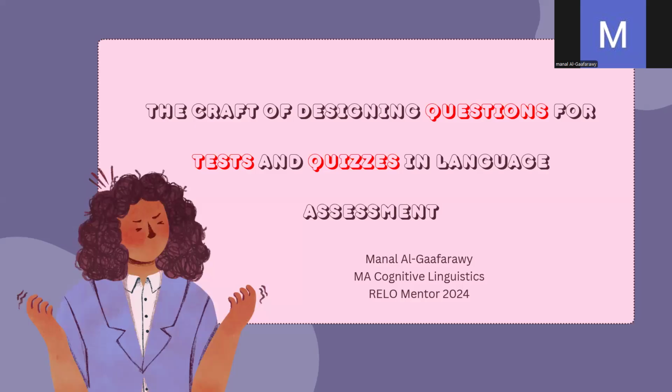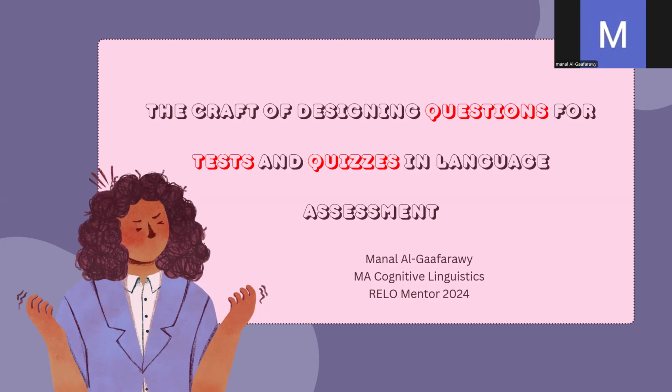Hello, teachers. You know that one of the challenging points that we all encounter in our everyday practices in teaching is designing questions that are effective to reflect and measure the right level and progress of our students when it comes to their assessment, whether that assessment is formative or summative. That's why today's session will be basically focused on the craft of designing questions, specifically effective questions for tests and